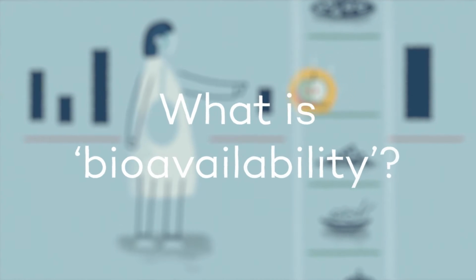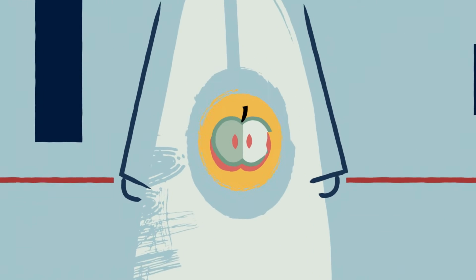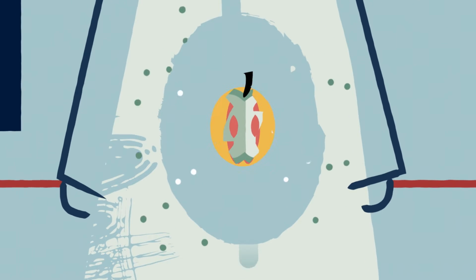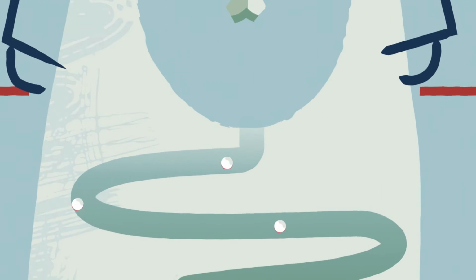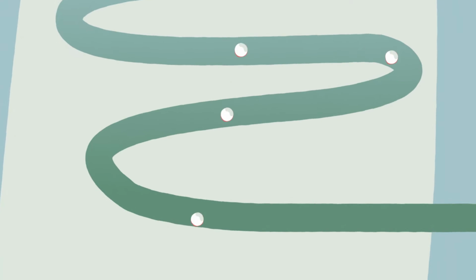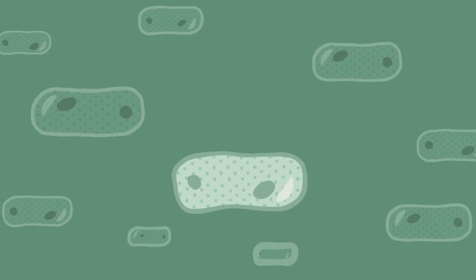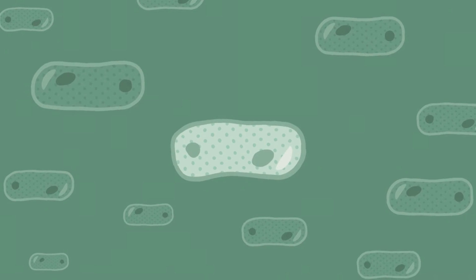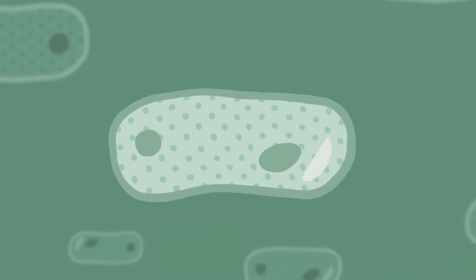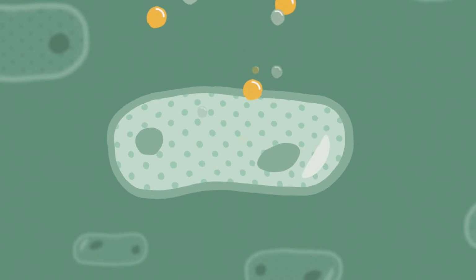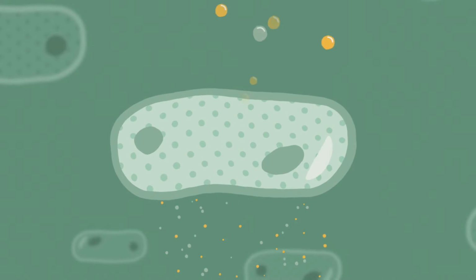What is bioavailability? When we eat, our food and drink enters our digestive system. As it's broken down and processed, the food's individual nutrients are absorbed and enter our bloodstream. When we talk about bioavailability, we are talking about getting what you need to exactly where you need it to be in the body. Bioavailability at a cellular level depends on the balance between a cell's absorption and secretion of